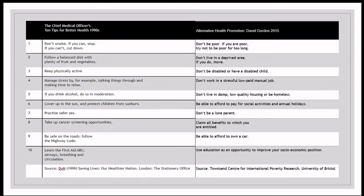So someone, David Gordon in 2015, put together slightly tongue-in-cheek health promotion advice, but actually these things will probably make more impact on general health than the original top 10 tips. So don't be poor, try not to be poor for too long, don't live in a deprived area, don't be disabled or have a disabled child, don't work in a stressful low-paid manual job, don't live in damp low-quality housing or be homeless, be able to afford social activities and annual holidays, don't be a lone parent, claim all the benefits to which you're entitled, be able to afford a car, and use education as an opportunity to improve your